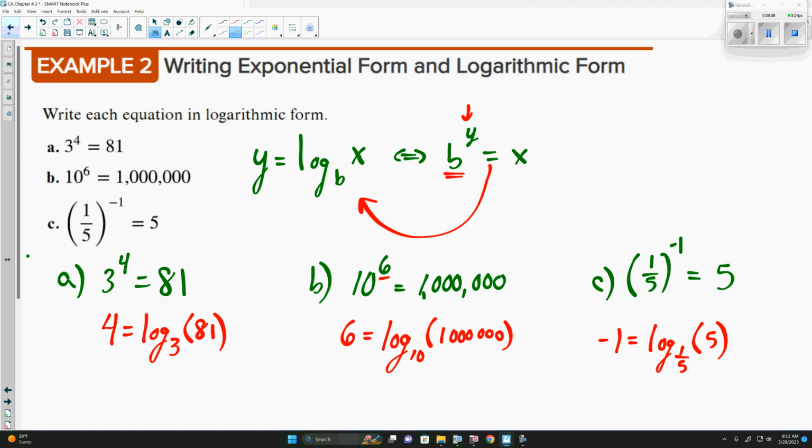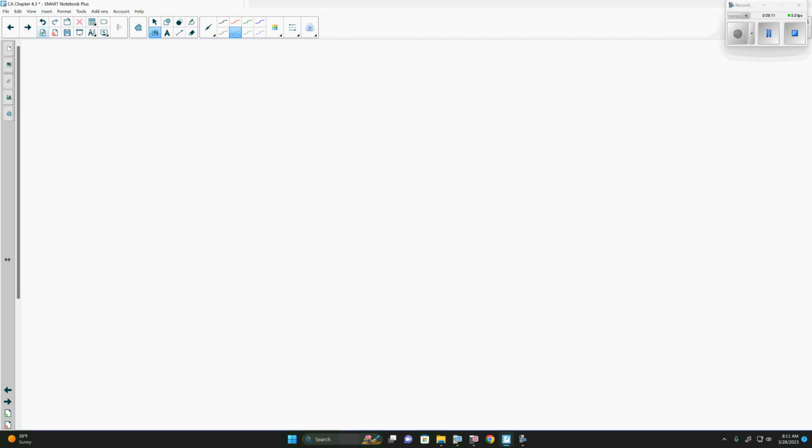Now before we get to those, I'm going to add a little bit here. This is probably going to go after this next one, but I'm going to do it before it, because there are certain properties that are nice to know. The first one: log base b of 1 is equal to 0. No matter what the base is, if we have 1 inside the logarithm, it's going to equal 0. And the reason for this is if we rewrite this as an exponential,